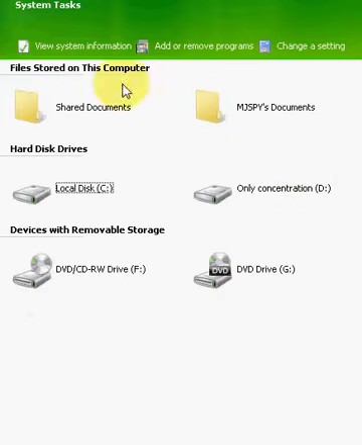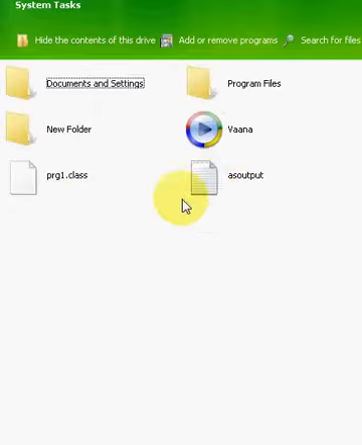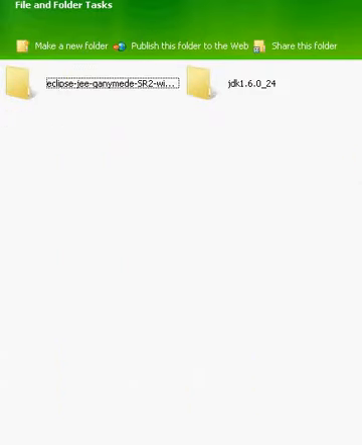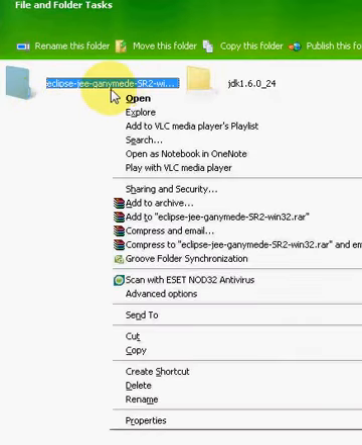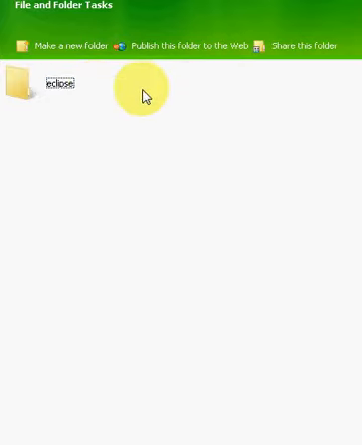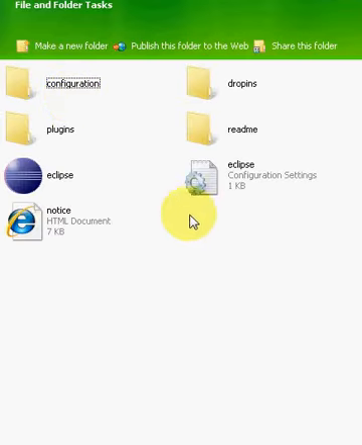Just a minute, I will show you. Here, coming to Java, yeah. After you extract the rar file, you will see this Eclipse JEE, which will be used for JEE and J2SE Java. Its version name is Ganymede, which will work on Windows 32 bit. After you open this folder, you will get another folder called Eclipse.